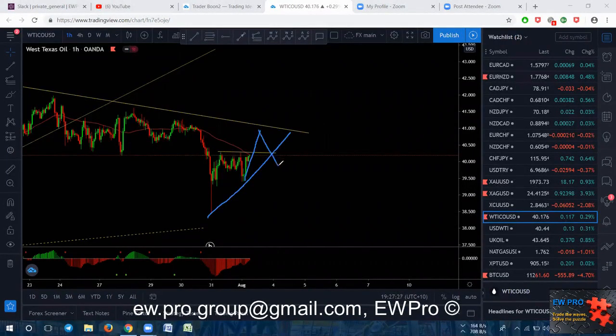If you get a trend line break, a little flag in here, a bear flag, you can take that to go and break this low. You're going to have to watch out for this trend line. If you take the buy, you're going to have to watch out for this trend line because it can come back, break this trend line in here, give you a little bear flag and sell. So you can trade it both ways, but